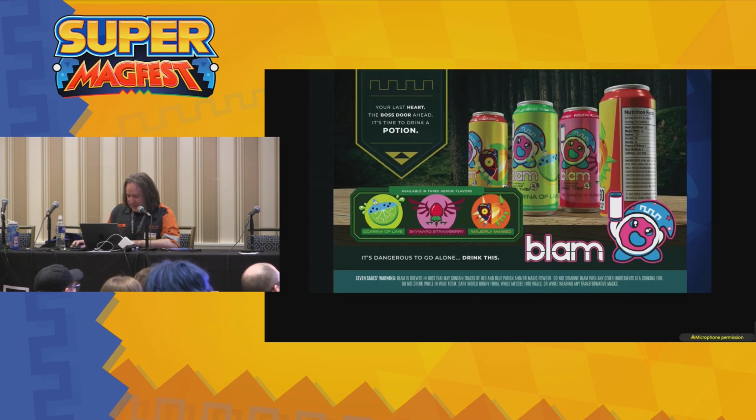I was going to show a quick example of this from our magazine this year. We like to make fake ads. So this is our MAGFest energy drink called Blam, not to be confused with any commercial energy drinks, featuring stupid flavors such as Ocarina of Lime, Skyward Strawberry, and Majorly Mango. So yeah, this is obviously a Blender model in the background, which is great. And I use this as my example of UV mapping at my professionalism's peril.